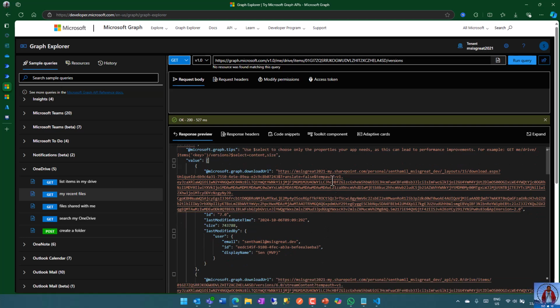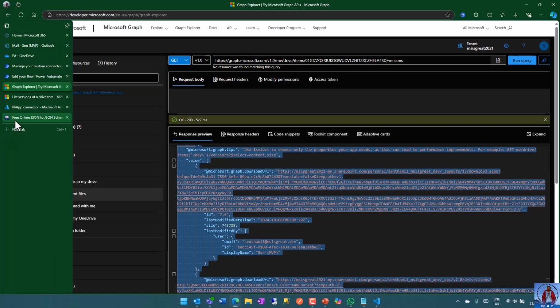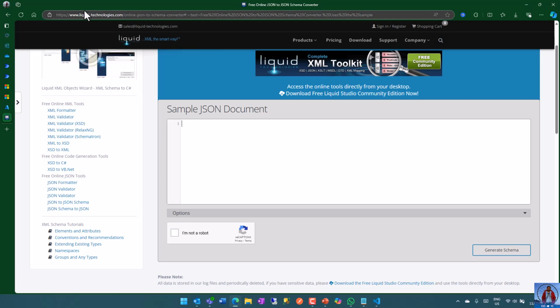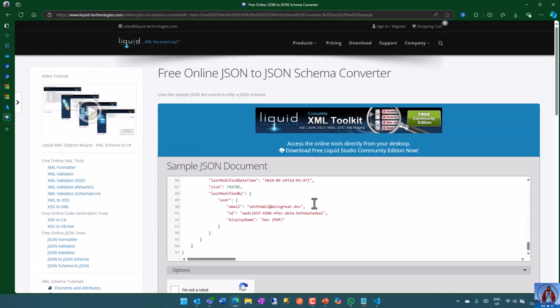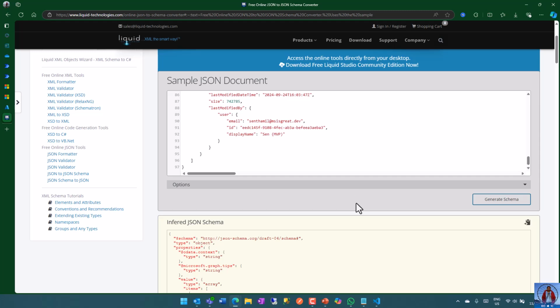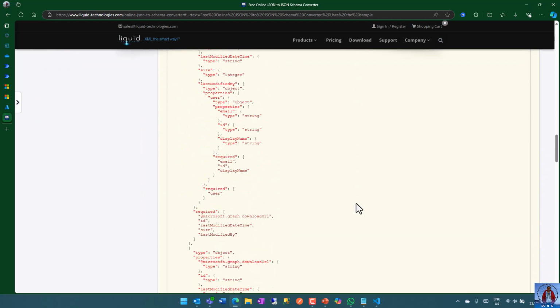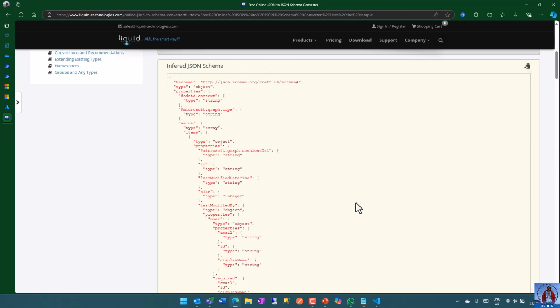We need to change this response into a schema. You cannot directly paste this into the connector. So for that, I am using this tool, Liquid Technologies. You just paste your original JSON response, then it automatically generates a schema. So you can see the schema here, and you can copy the schema